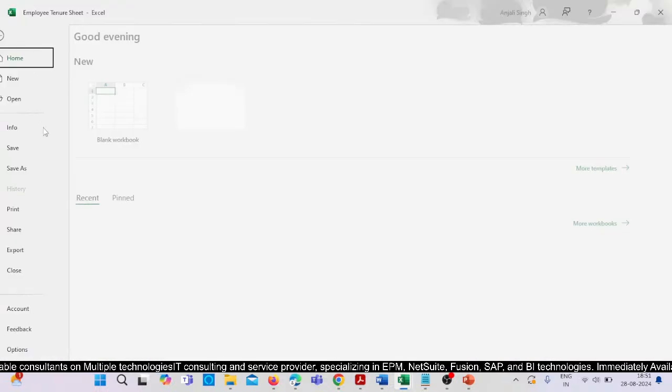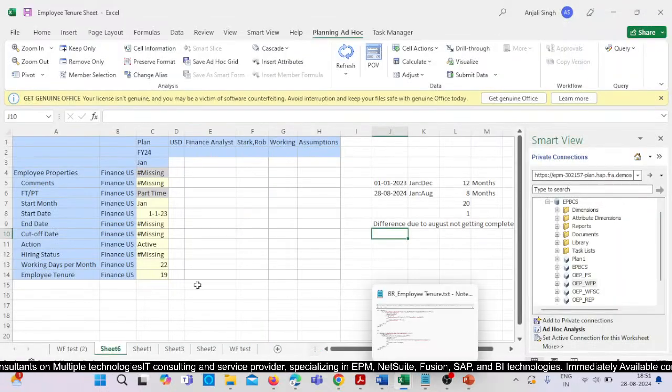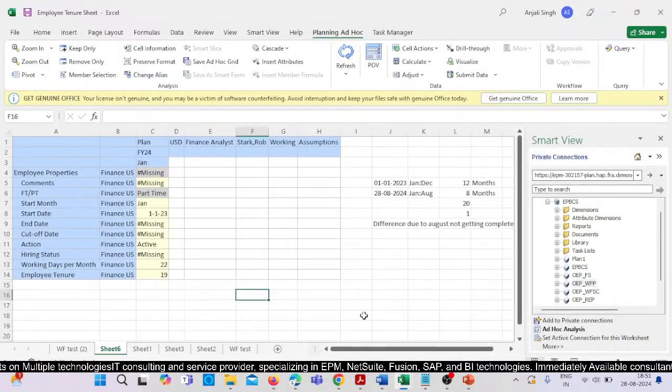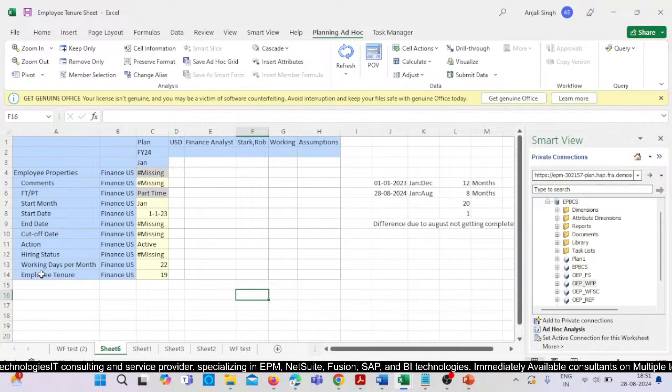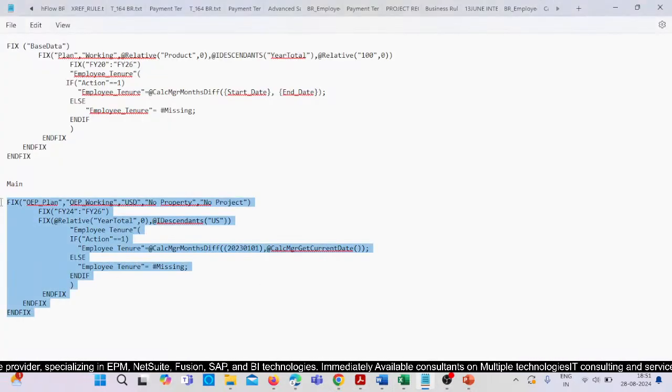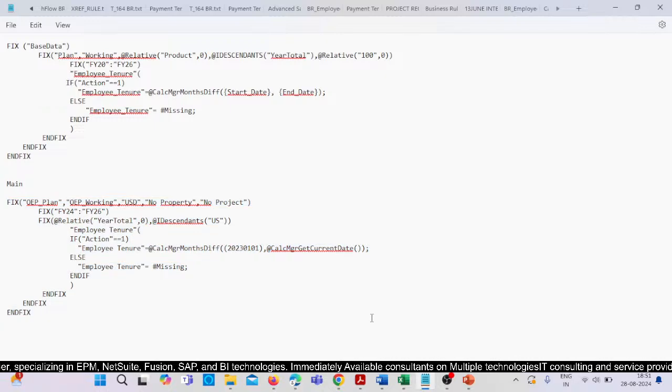So I hope this is clear to you. Our rule has successfully implemented here. So whenever you need to calculate the employee tenure, you need to add the employee tenure member if it is not in the workforce or any of the application on which you need to see this, and you need to prepare the rule like this and then validate, deploy and launch it. Alright, so guys, this is completed,